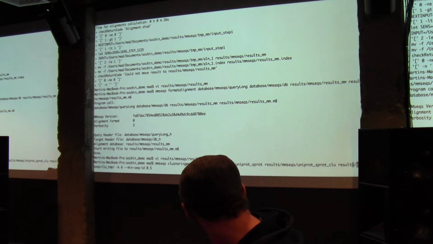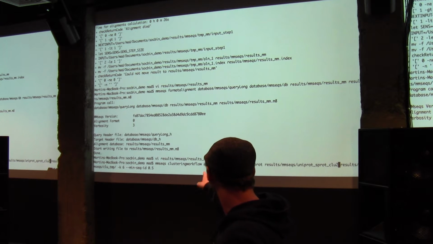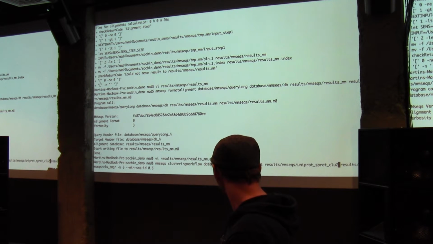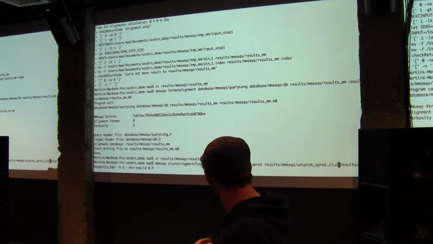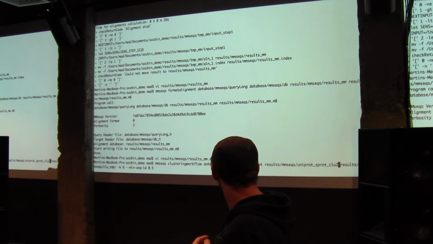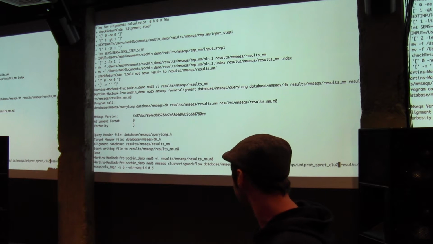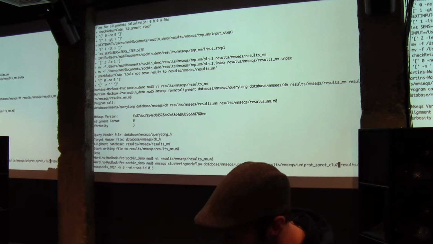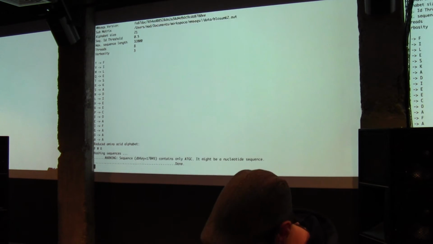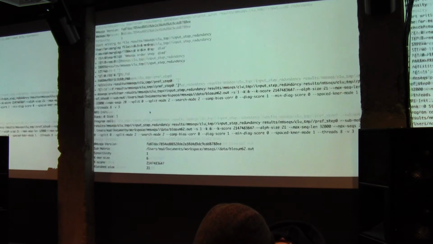Let's change that. Just to see that, it's the same way how you call it. So you call MMseqs, then you say clustering workflow. You give it the database you want to cluster. At this point, I give it the SwissProt, which has around 500,000 sequences. And then I say what should be the result file, and I have to give the temp folder. And I can then start to give it parameters like min sequence ID, or the coverage I want, the criteria on which I want to cluster things together. So MMseqs starts to cluster, and there's a lot happening. MMseqs likes to talk.